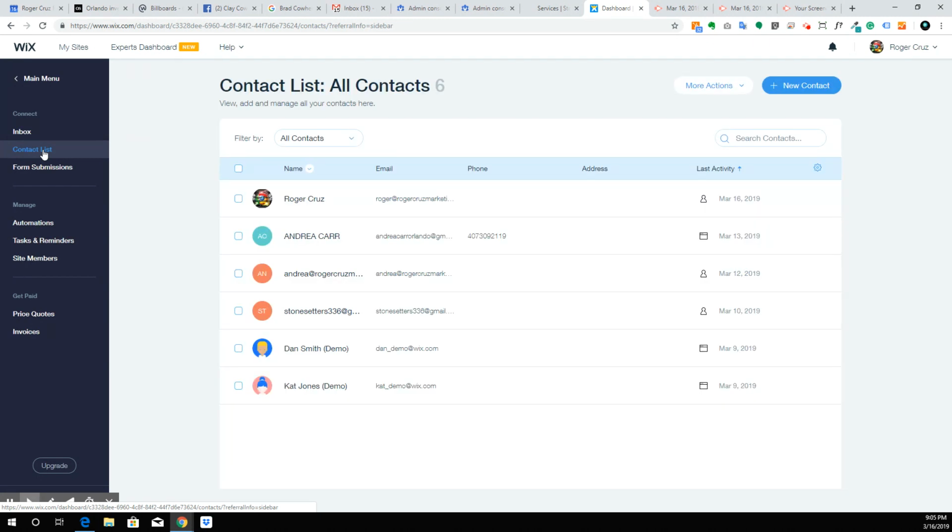So contact list is pretty straightforward. You saw that I filled out that small form in the Wix chat, and there also you can put a form, for instance, to maybe ask people how they heard about you, or place them to leave questions like a contact us form. When they do that and they give you their information, this will just keep it all organized for you. Let you know the last time they had any activity with your business,